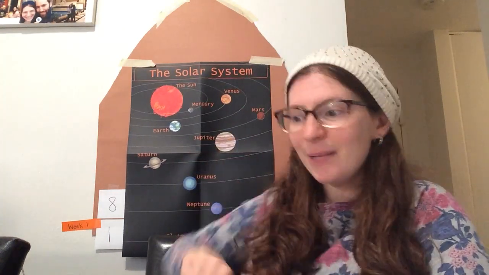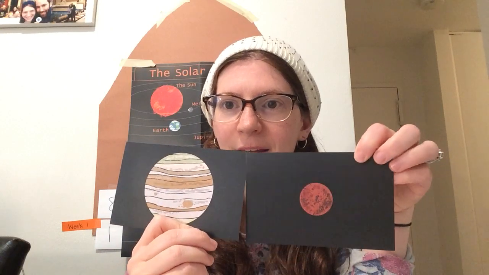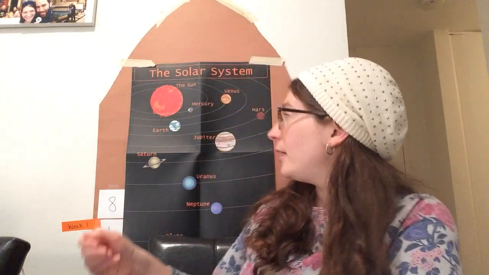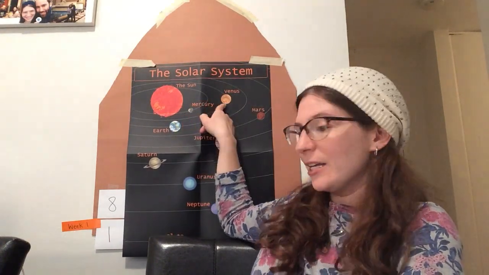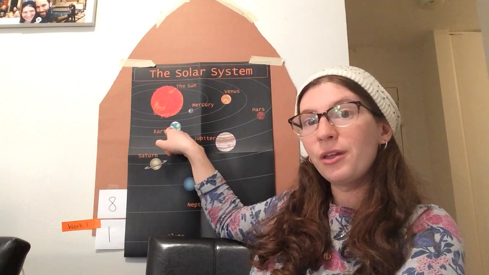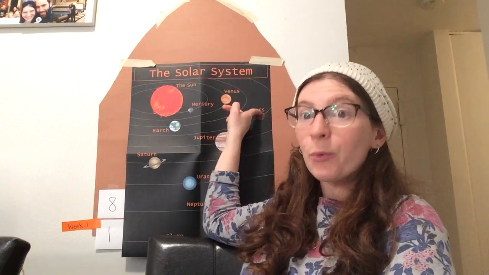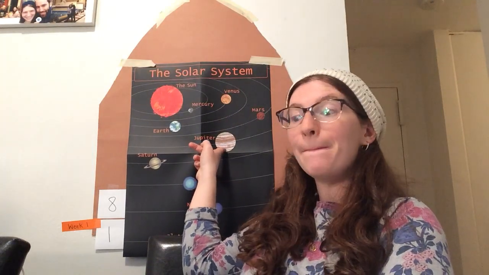Next, we've got the biggest planet of all, Jupiter. Look how huge it is. And Jupiter is humongous. It's the biggest planet of all of them. It's bigger than Earth. It's bigger than Venus. It's bigger than Mercury. It's not bigger than the sun because the sun is the biggest thing in the whole solar system, but Jupiter is the biggest planet. Now we've done the sun, Mercury, the hot planet, Venus, the cloudy planet, Earth, our planet, Mars, the red planet, Jupiter, the biggest planet,